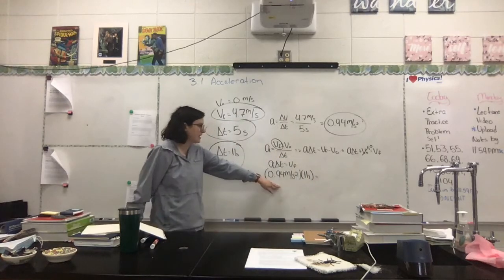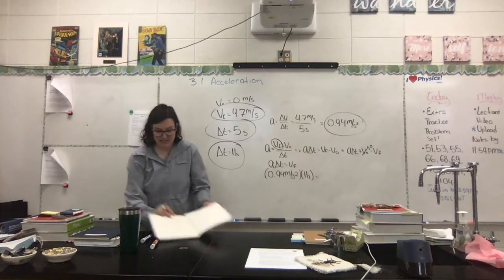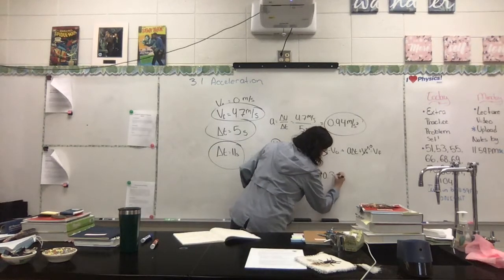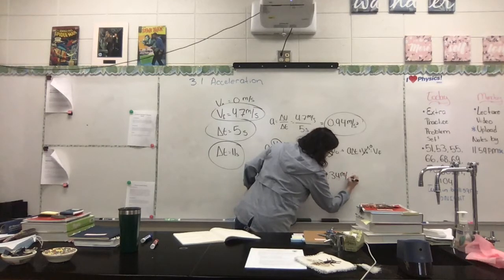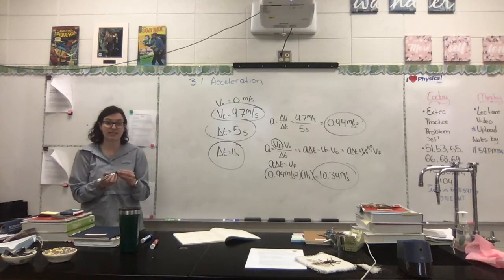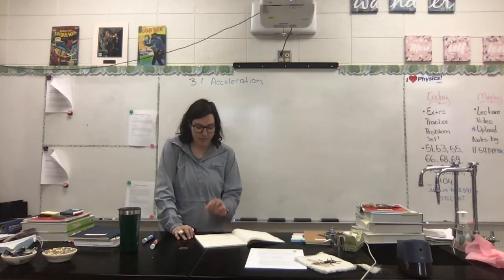So if we do our acceleration times our change in time, we're going to get that our velocity at the end is equal to 10.34 meters per second. That's going to be our velocity after an additional 6 seconds has passed, for a total of 11 seconds. But before we get to the ferry docks, I want to explain one thing that's in your